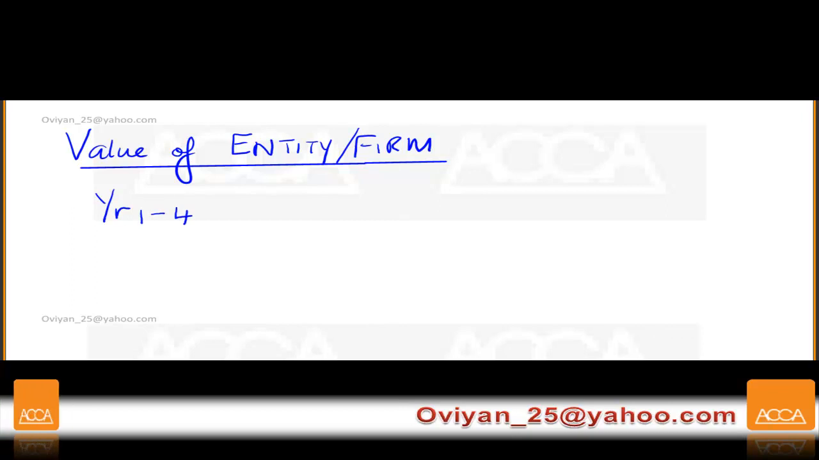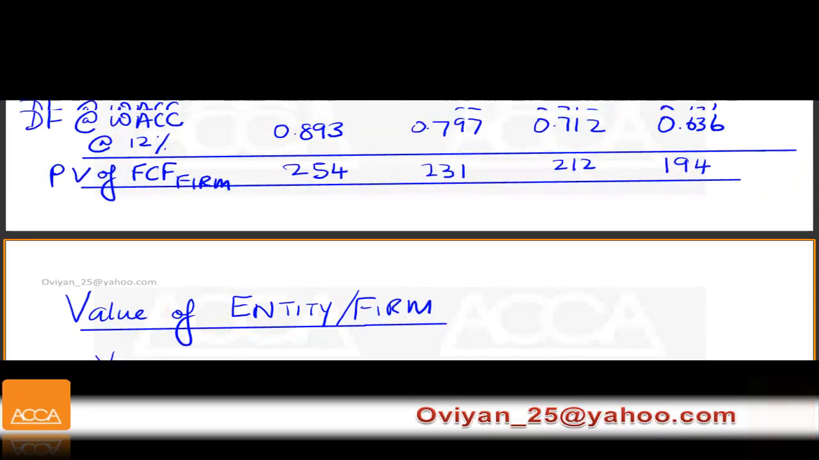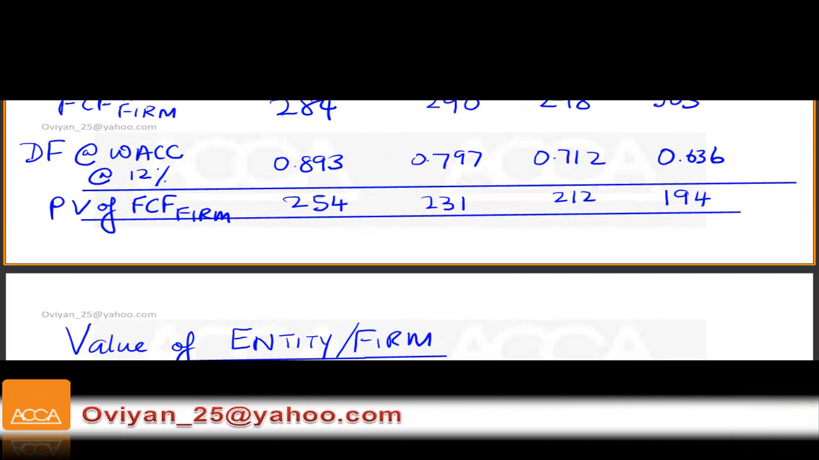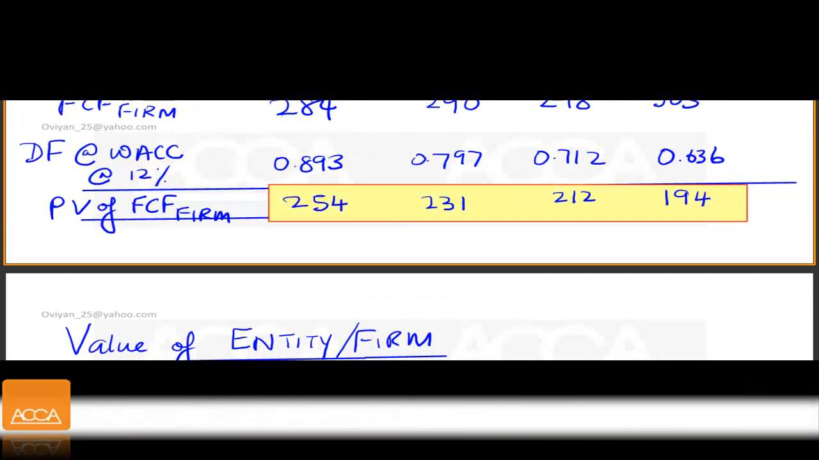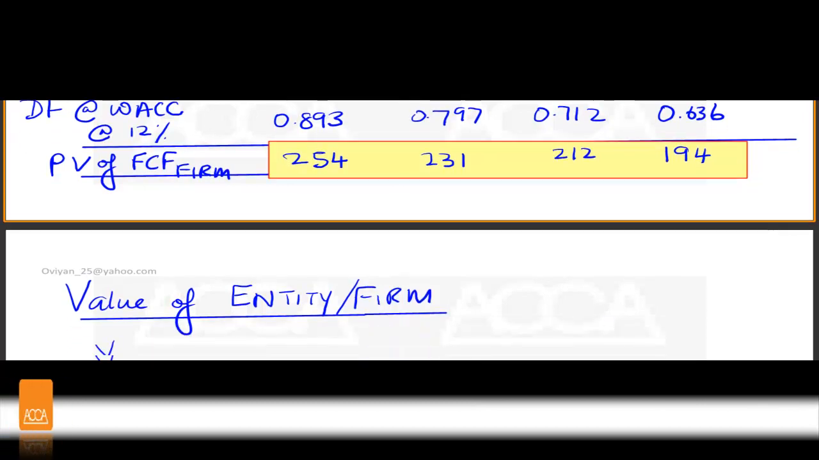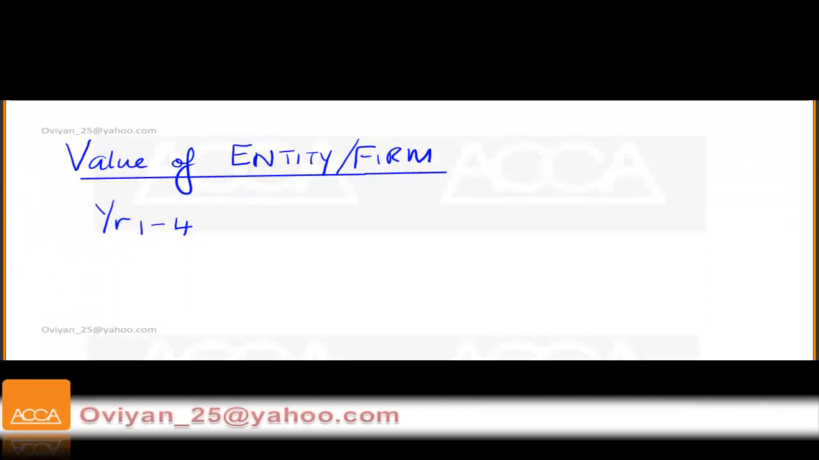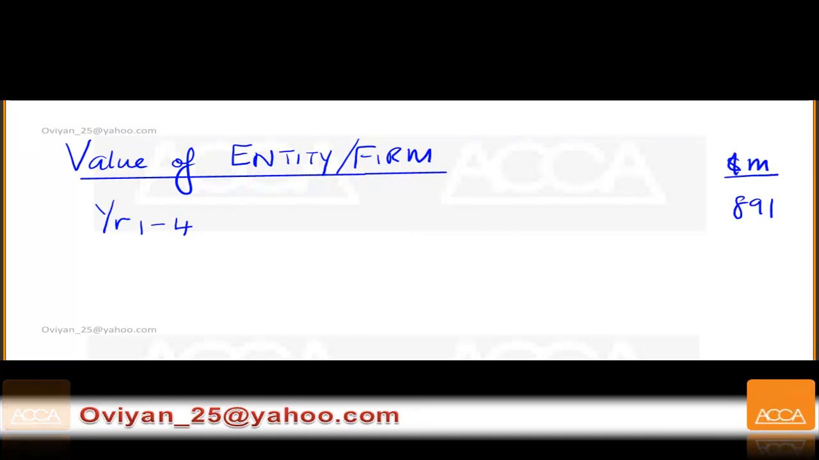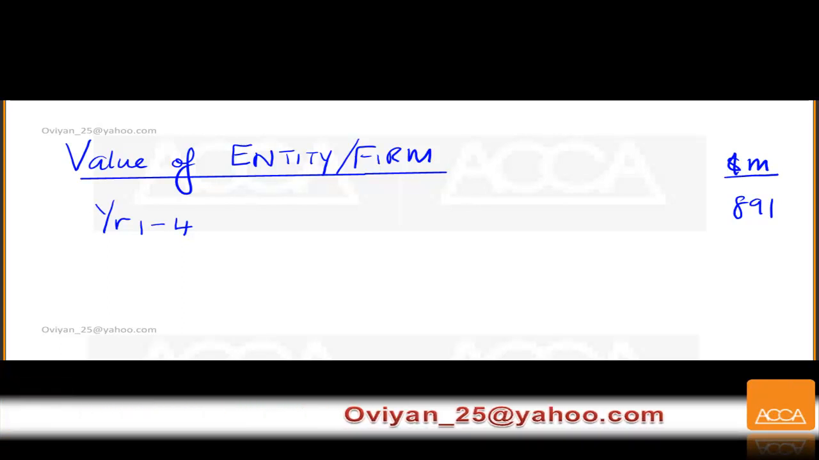We have got that total value. What I want you to do here is get the total of all these 4 values. It's going to be 254 plus 231 plus 212 plus 194. It's going to give you 891. So this is going to give you 891 in dollar million. I'm going to put it into my far right, and I'm going to show you now valuation for year 5 to